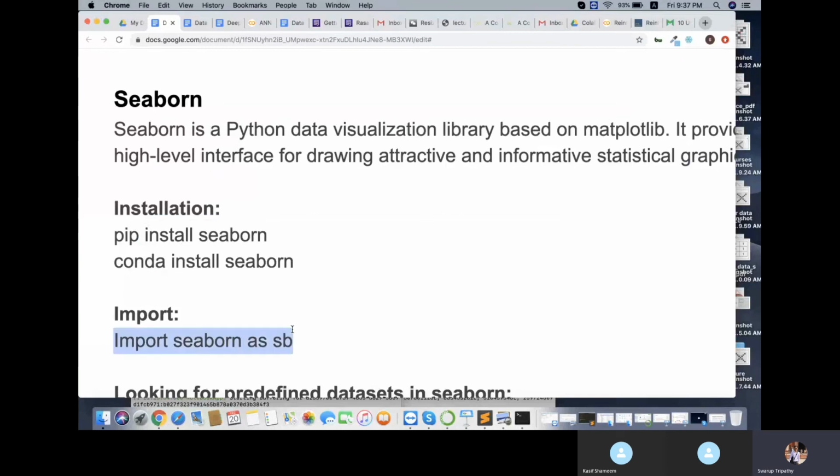So now to import the package, you can write this command, import Seaborn as SB. You can open a new tab, write it down as a new notebook, and name it something like Seaborn basic. We'll be practicing Seaborn, and you can import it by saying import Seaborn as SB.